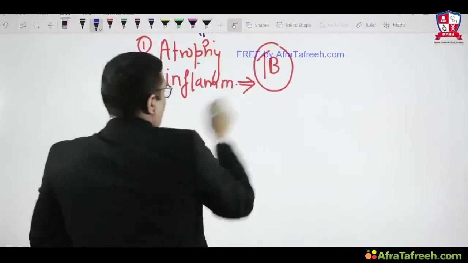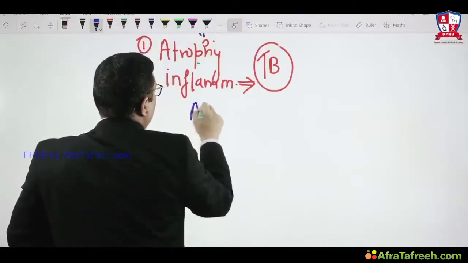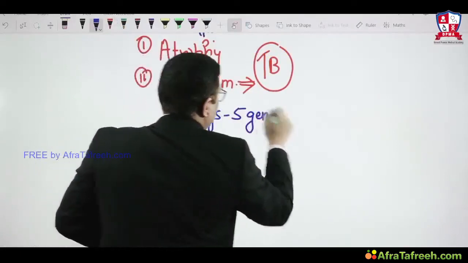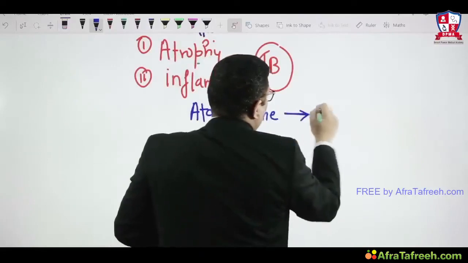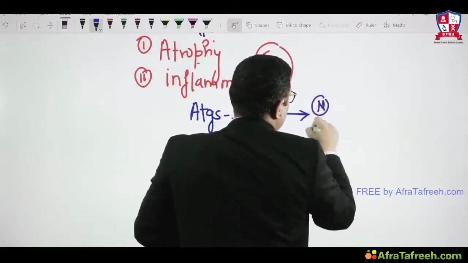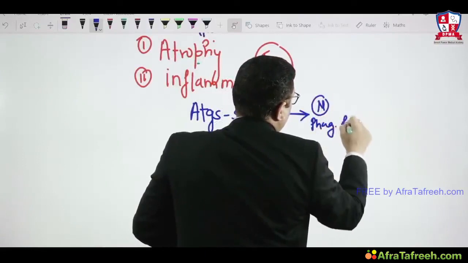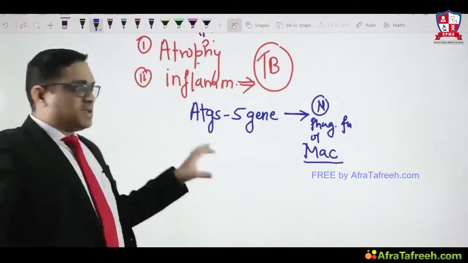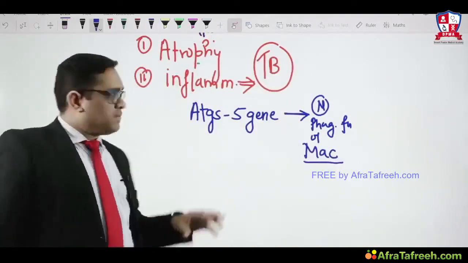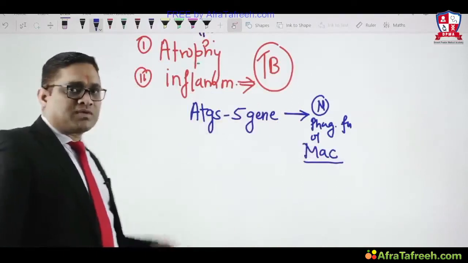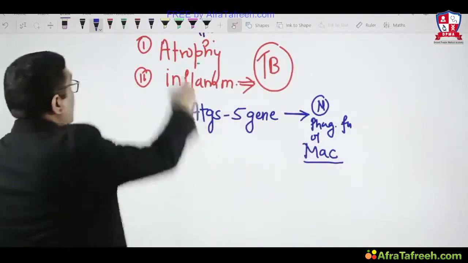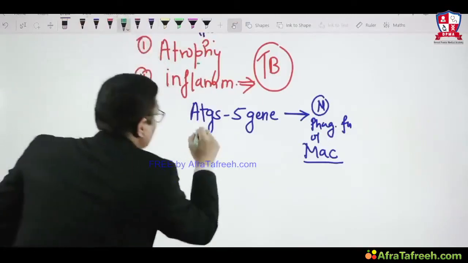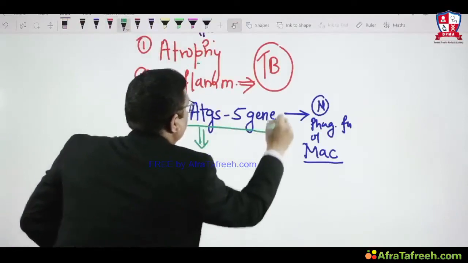In TB, what is the autophagy association? There is a gene called ATG5. The ATG5 gene controls the normal phagocytic function of the macrophage, right? So the ATG5 gene is a gene present in our human body which controls the phagocytic function of the macrophage via autophagy, right? But when there is a deletion of the ATG5 gene,